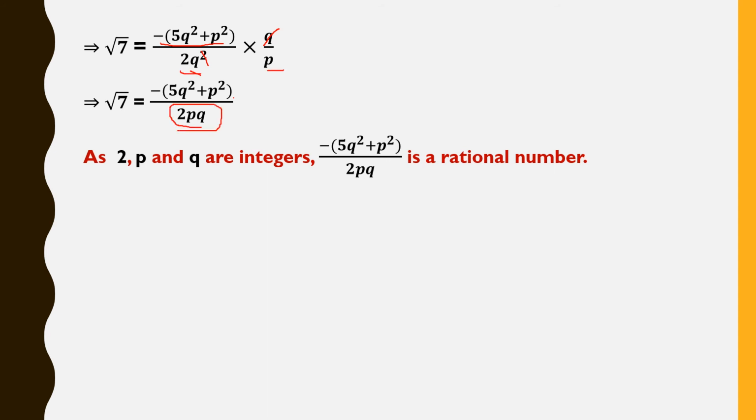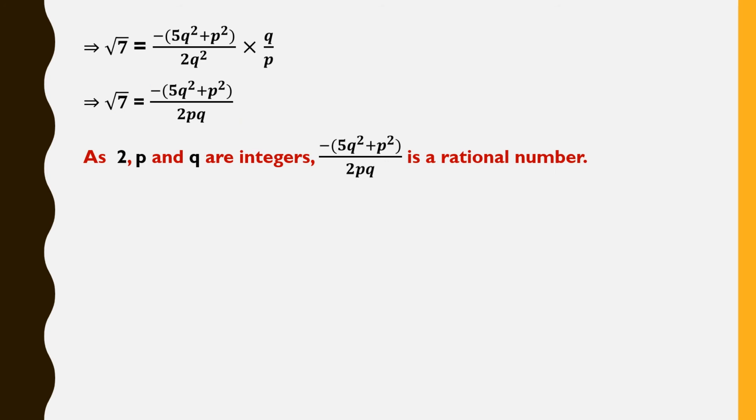For every problem you'll get 2pq only in the denominator. Please don't be confused with this one. Whatever the question is, you'll get 2pq only in the denominator, because the 2ab term is common and this q by p is common. So 2pq will be common. Now we got this root 7 and there is no further simplification. We cannot simplify it further because we cannot divide it, right?